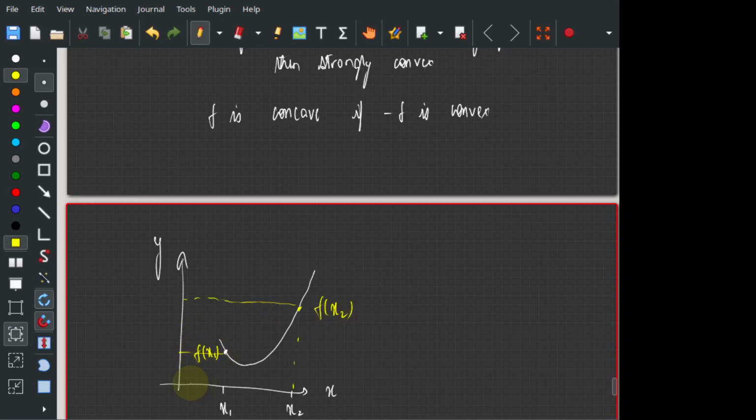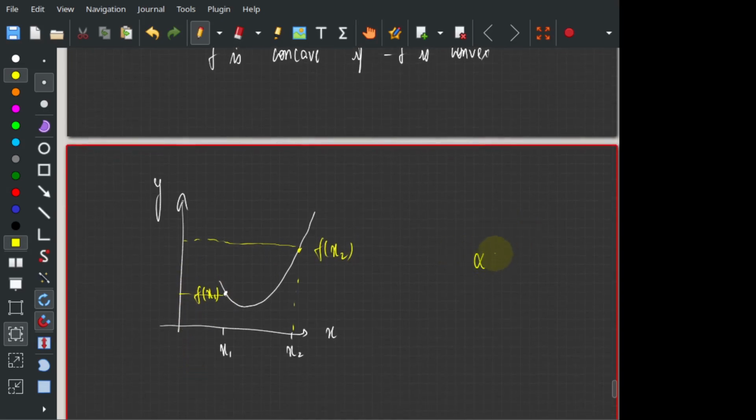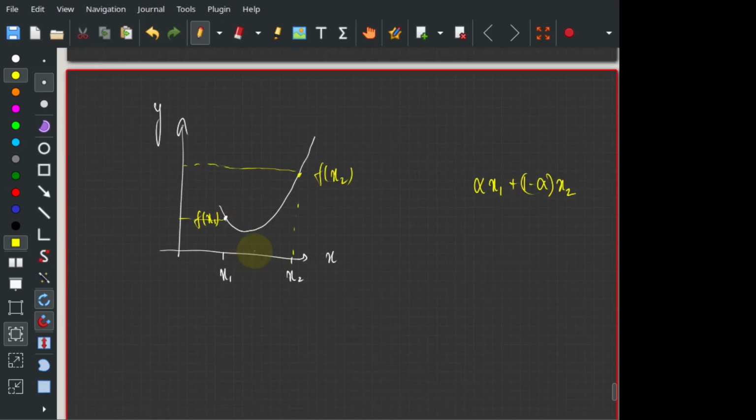Right? Now if I take alpha x1 plus 1 minus alpha x2, where is this going to lie, if I take alpha between 0 and 1? It's going to be some point between x1 and x2. Everyone agrees? So depending on what value of alpha I choose, some point in between is going to be,